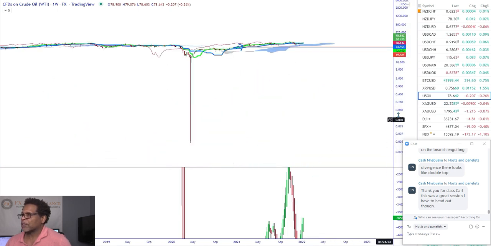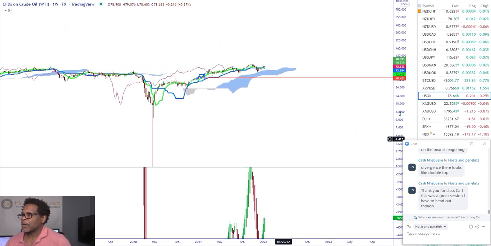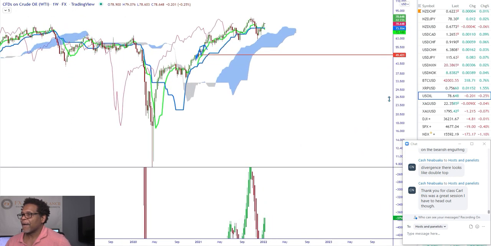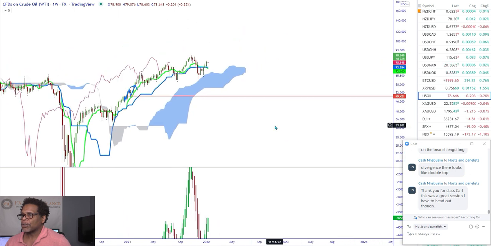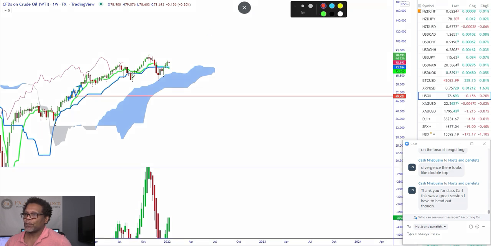Weekly oil looks... I can't tell what it looks like. Weekly oil looks bullish, but we got a crossover that's bearish, but that's because we're just coming above. So we could see a little bit of a correction here, but I think we're very bullish. So we're in this leg right now. Here's where we are. So 1, 2, 3. We're still in this leg, continuing.